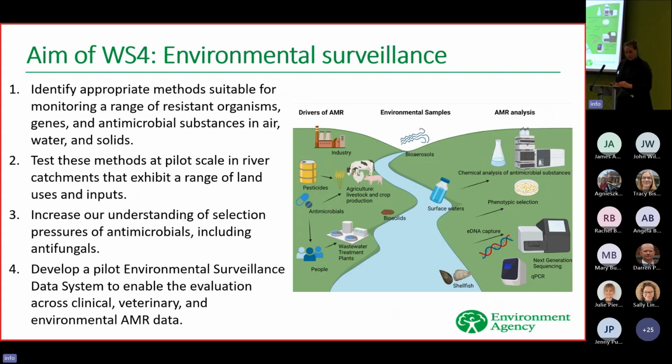So in workstream 4, we have conducted a wide range of projects to address the NAP commitment, specifically to identify appropriate methods that are suitable for monitoring of a range of resistant microbes, genes, and antimicrobial substances in the air, water, and soil. Secondly, we tested these methods in the field, as many of the challenges that we expected to face were the practical ones, such as logistics, cost, and resources, and we just heard a good example in the earlier talk. Thirdly, we also aimed to increase our understanding of the selection pressures of antimicrobials, and the workstream also developed a data system,